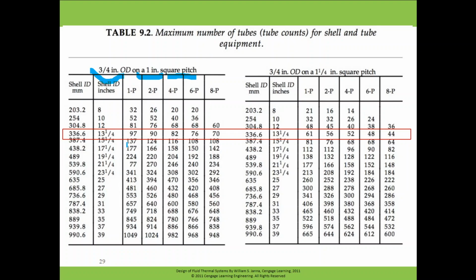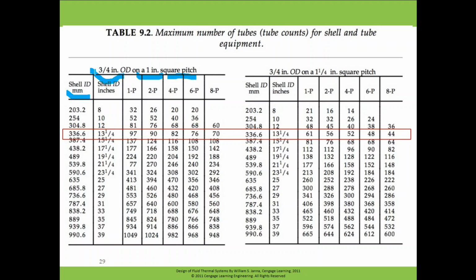So you can see how many tubes are accommodated. For this case, let's say 13 and a quarter, the number of tubes is 97 for one pass, and if it is 2 pass then it is 90, and if it is 4 pass then it is 80, and so on. So this way we can find out how many tubes there would be corresponding to the shell